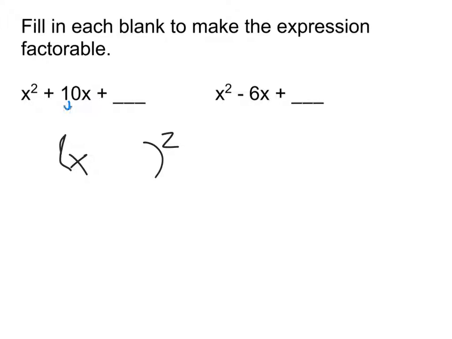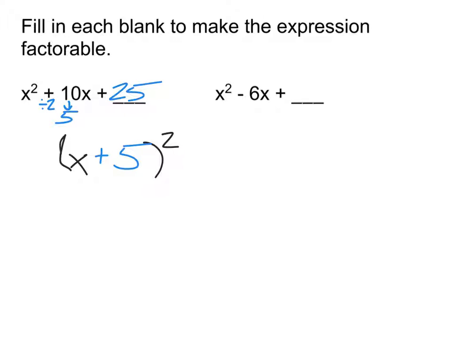What do I do to the 10? You said square, but there's actually something before we do the squaring of it. We have to divide it by 2. So what's 10 divided by 2? 5, okay? So what's 5 squared? 25. And so then that's our answer,